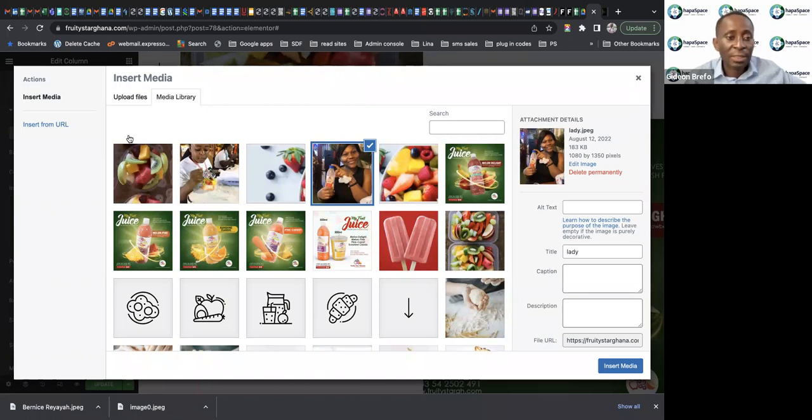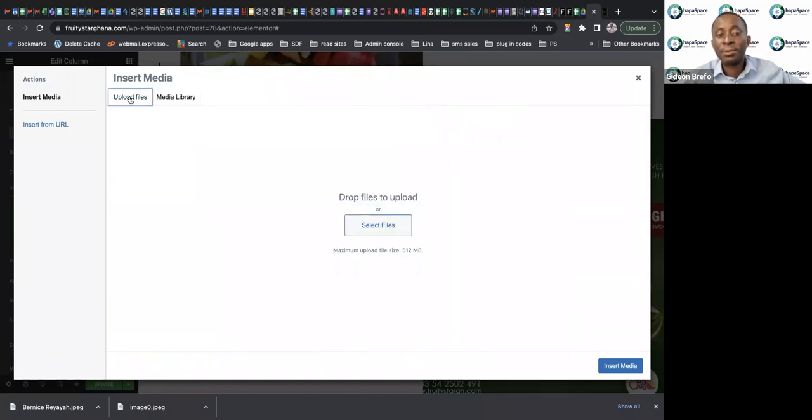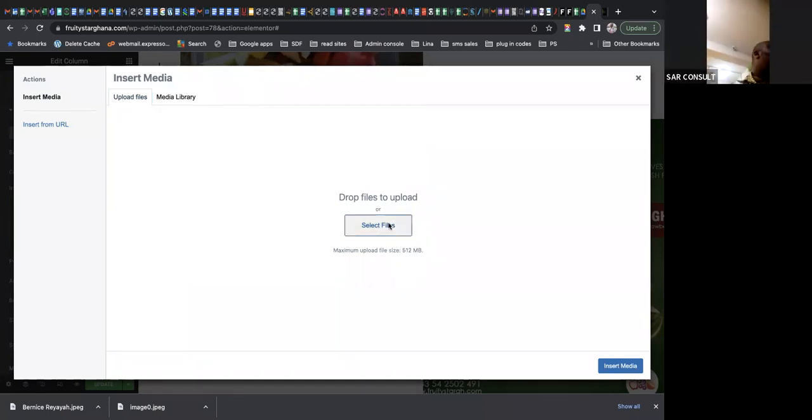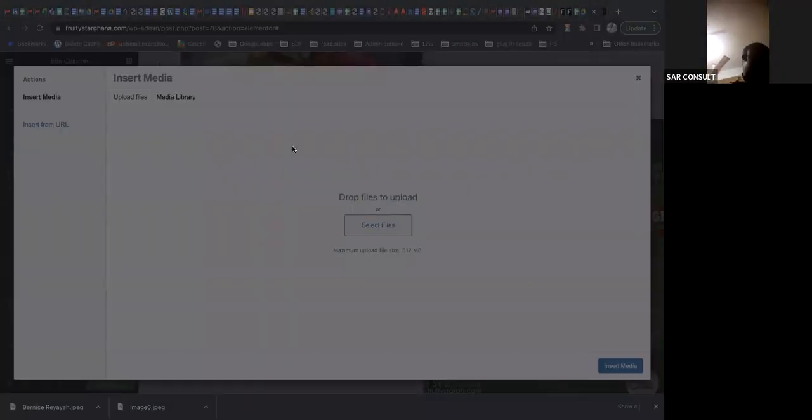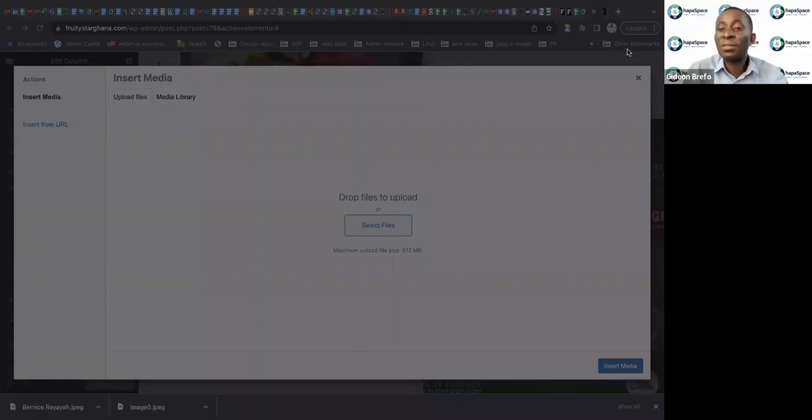So this is how, if you have not uploaded the image already, then you click on upload files. Just like you upload any document or image online, you click on select file, then you navigate